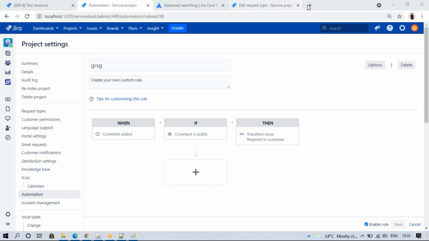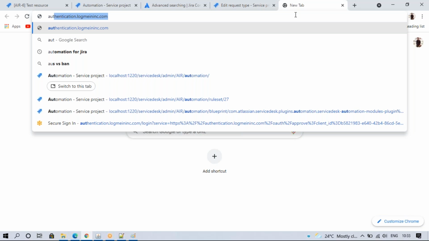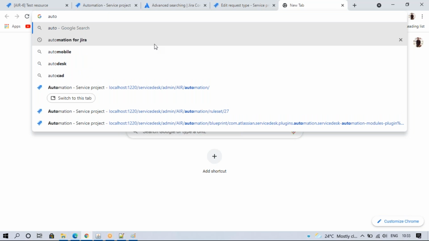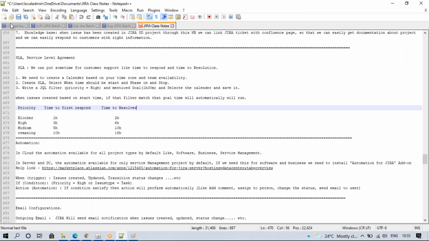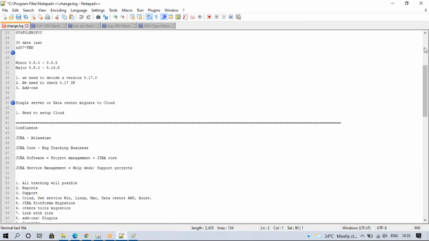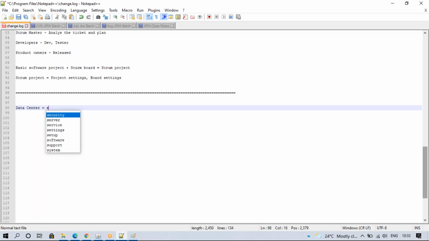Okay, and in Jira Service Desk we have this by default, but when it comes to automation for a normal Jira project, this is project automation for Jira Service Desk. For example, in Data Center Service Desk, this automation rule.